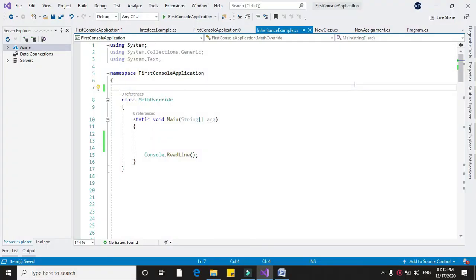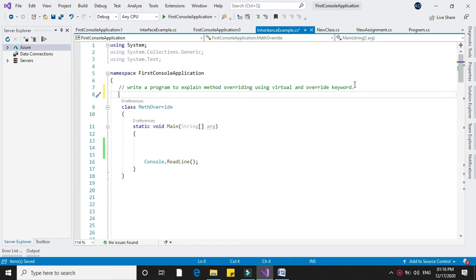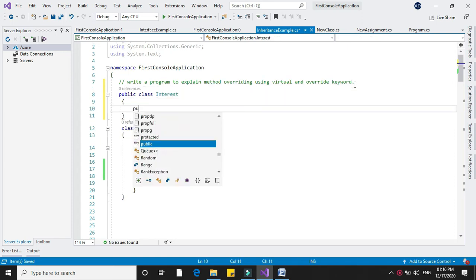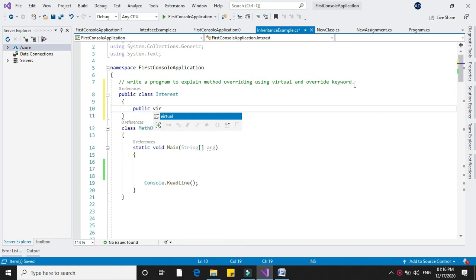Here we will write a program to explain method overriding with the virtual keyword and override keyword. So in a comment line I will write that. For this I will declare a class interest, and in that I will declare a virtual method bank interest with parameters amount and rate.